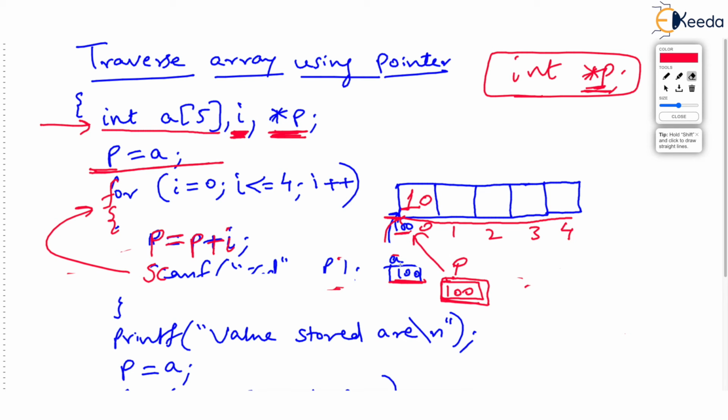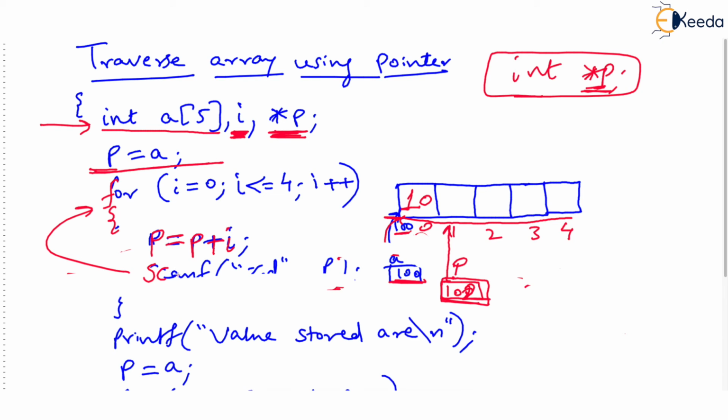What happens when we increase an integer pointer by 1? It will now point to the next integer possible, and the next integer possible is just after the first integer. So now p might be storing address 102. Who knows? If every integer takes 2 bytes, then p will get added by 2. So p is now storing the address of A1.